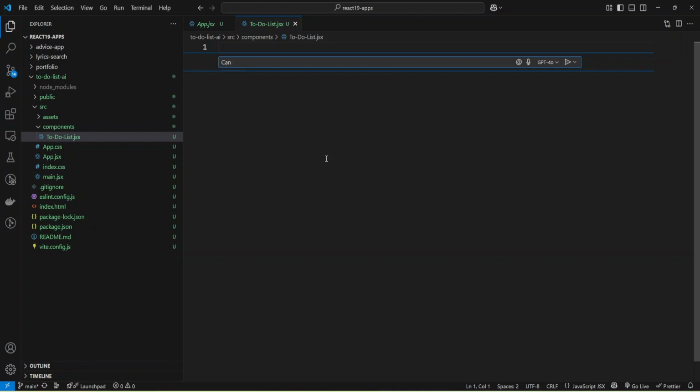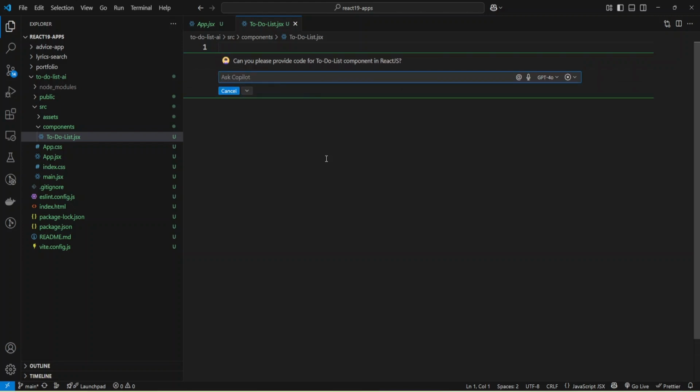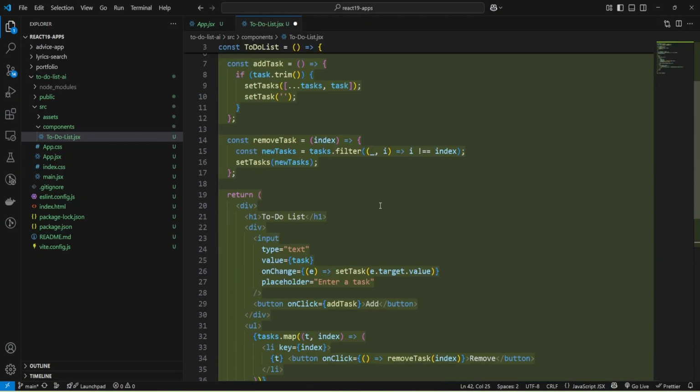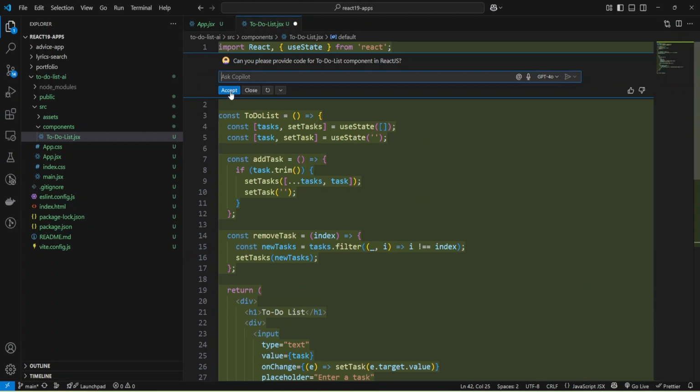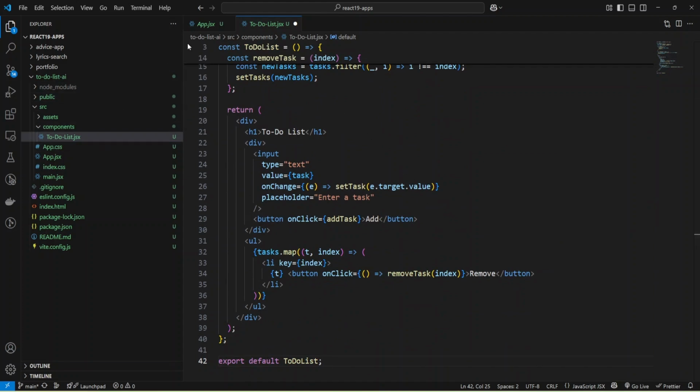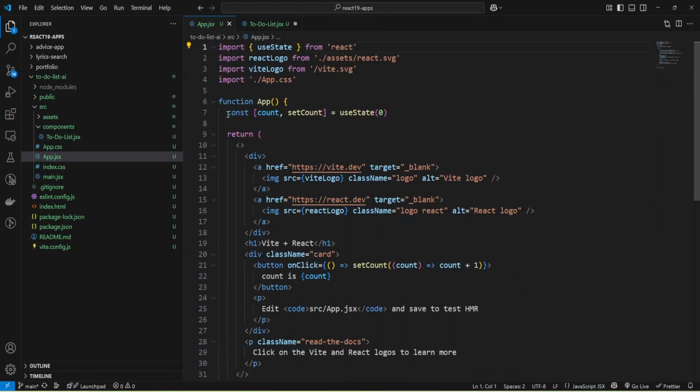And I'll ask, can you please provide code for a to-do list component in React.js. And let's see. Okay, and as you can see, we have some code, and we can review this code and accept it. Okay, and we have some component, and now we can go to App.jsx,